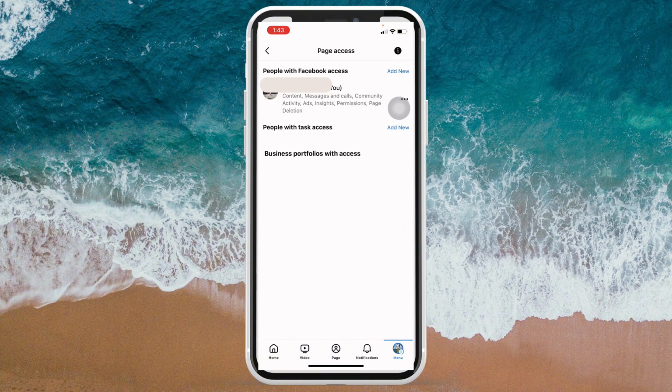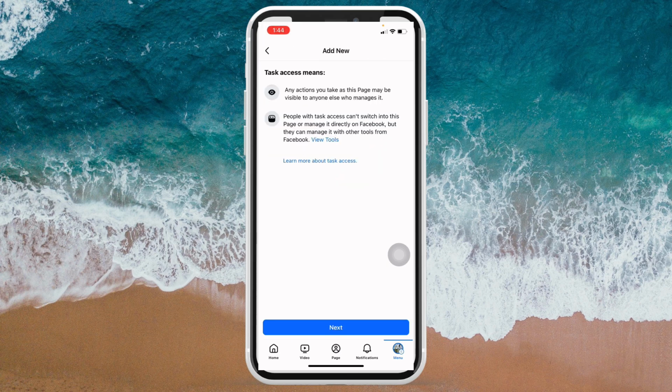Now here, you have an option to request an admin or to add new admin. So you just need to click on People with Task Access. There will be an option or a button there for Add New Admin. So you just need to click on Next